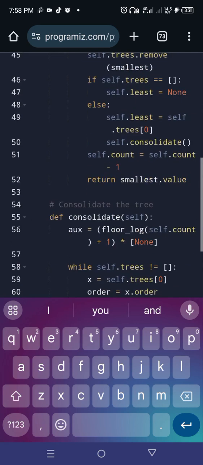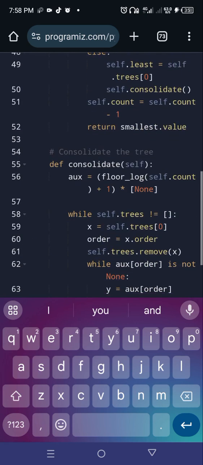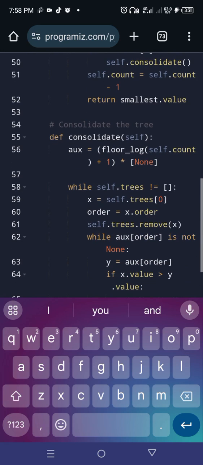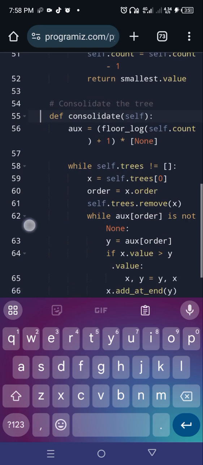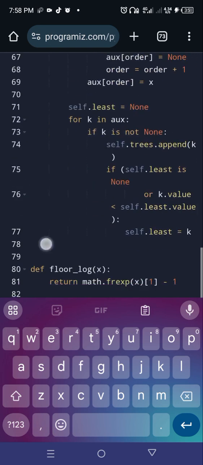Next is consolidate the tree. If you're not familiar with the word, consolidate means joining together, or union. So consolidate the tree starts from here. So def consolidate self, up to